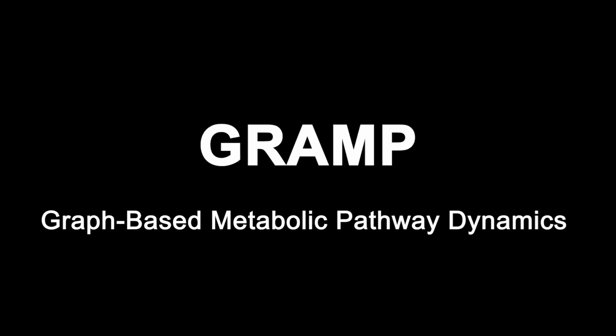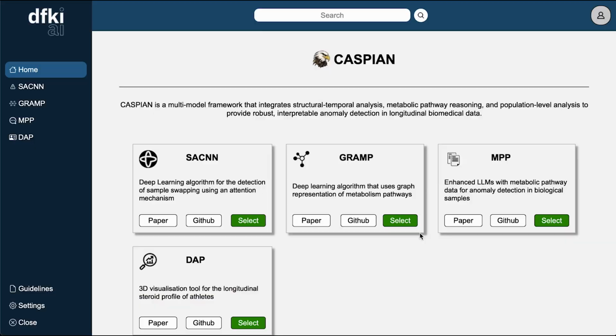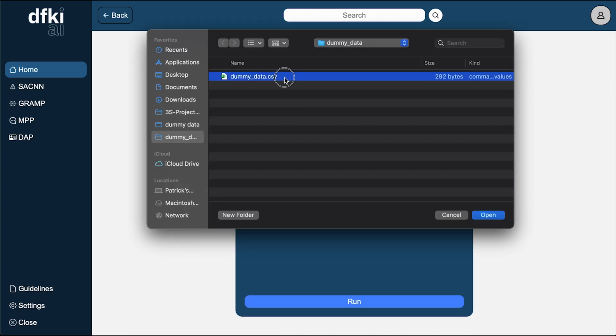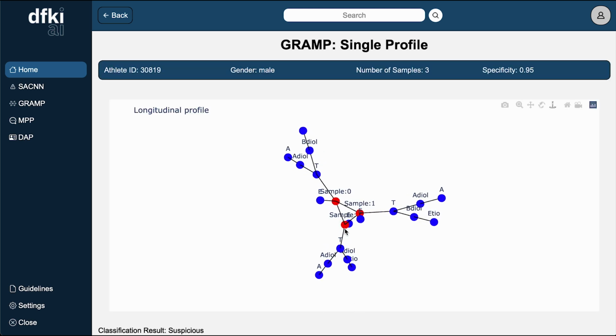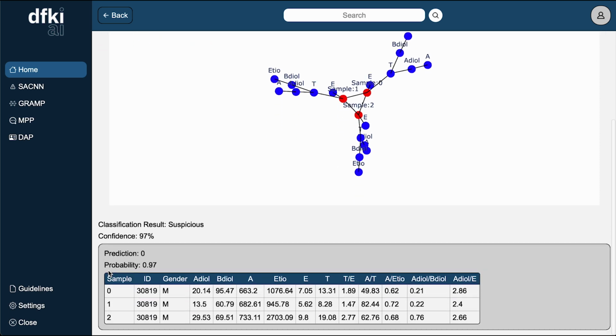Next, the GRAMP module models biochemical interactions as a directed graph, where nodes represent biomarkers and edges encode enzymatic reactions. GRAMP validates anomalies flagged by SACNN against metabolic plausibility. For instance, if SACNN detects a spike in testosterone, GRAMP checks for structural inconsistencies in its precursor metabolites. If the observed metabolite levels deviate from expected enzymatic conversions, GRAMP identifies the anomaly as biochemically implausible, signaling potential fraudulent